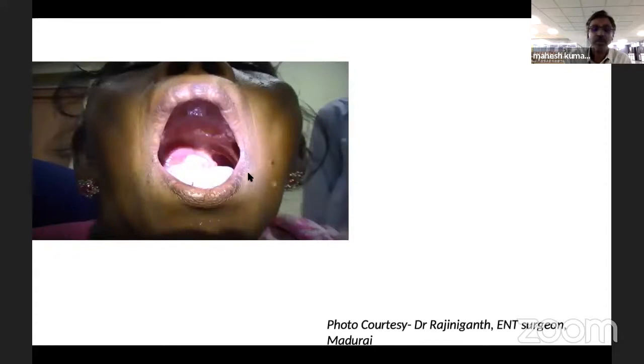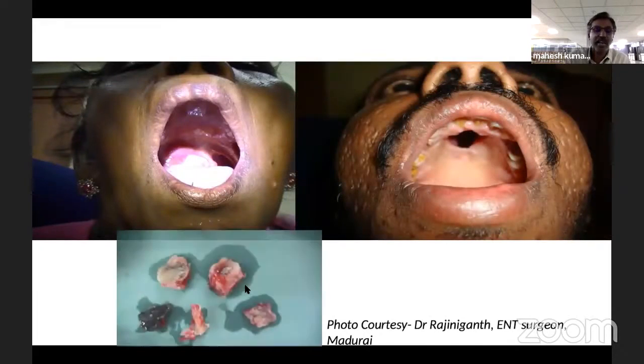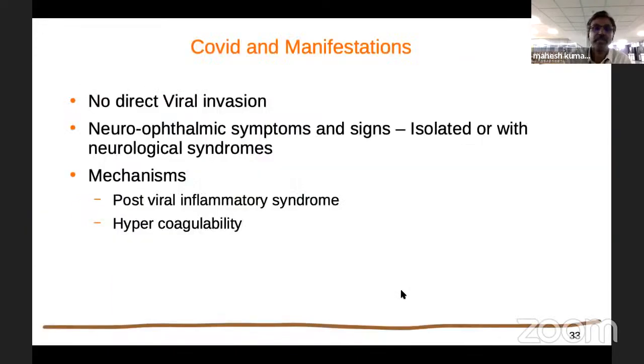So this is a case of mucormycosis where we have to see the palate also to make sure there are no necrotic patches, and these are some of the excised necrotic patches, photo courtesy of the ENT surgeon in Madurai, Dr. Rajinikanth. So finally, summarizing the COVID manifestations, no direct viral invasion has been proved so far,